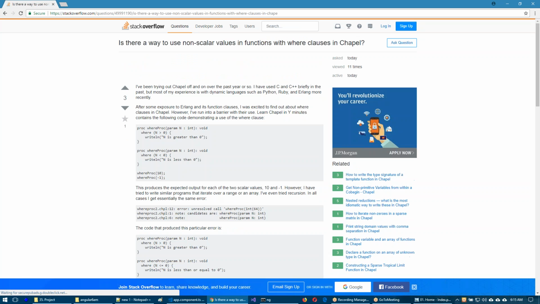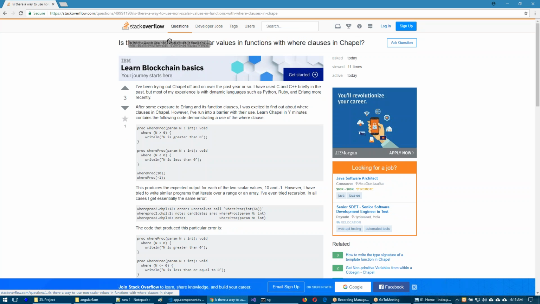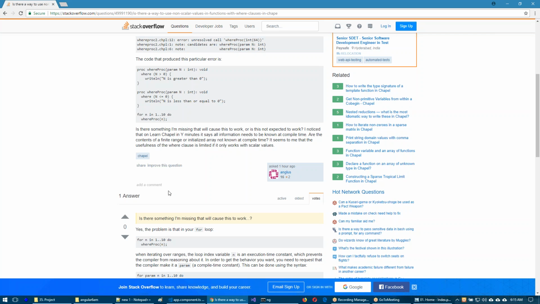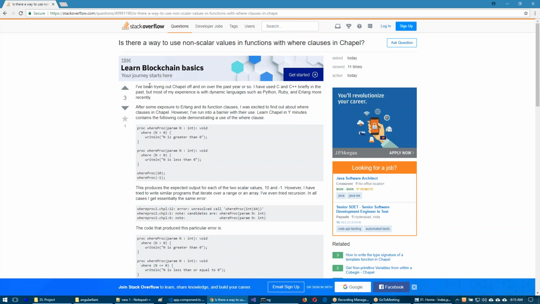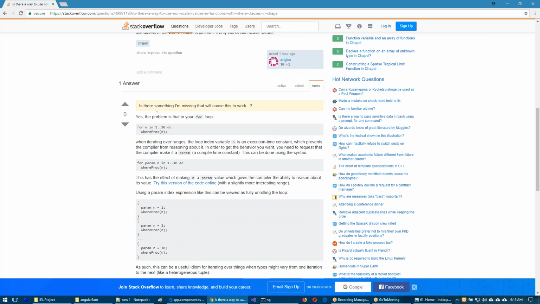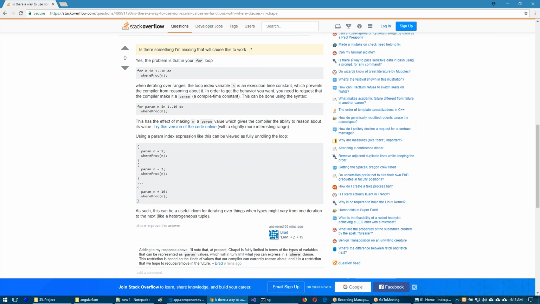For example, if we click on this one, this is the question and this is the answer. No, this itself is a question, and this will be one answer. We got one answer. This answer may get upvotes or downvotes. For example, as a user, you may feel that this answer is correct and good, so you may upvote it. This is much like a like button in Facebook. If you feel that this answer is not good, you can downvote it.